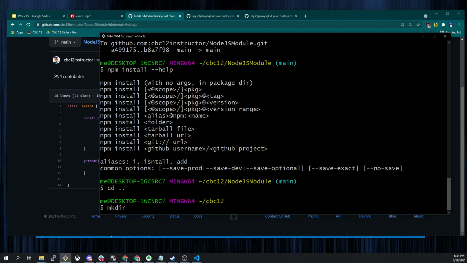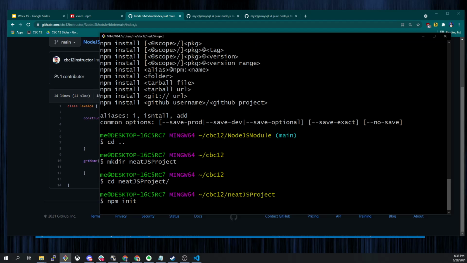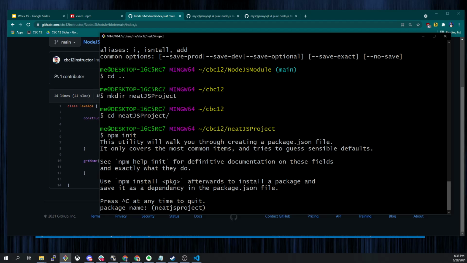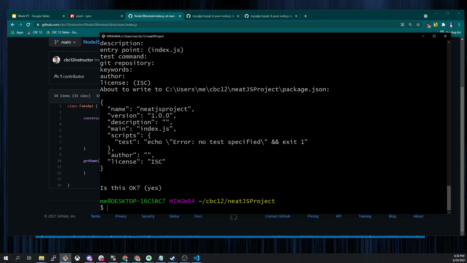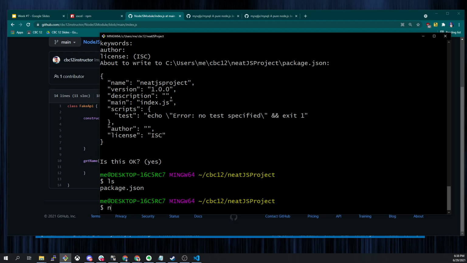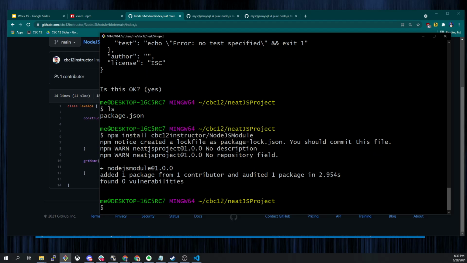Make your neat.js project, and if I was to run npm init here, this is going to turn this into an npm module. Like this is a Node specific, yes, good. So we have a package JSON here. If I wanted to, I could do npm install CBC 12 instructor, what do we call it? Node.js module. And in theory, though I've never tried it like this, yeah, we have added